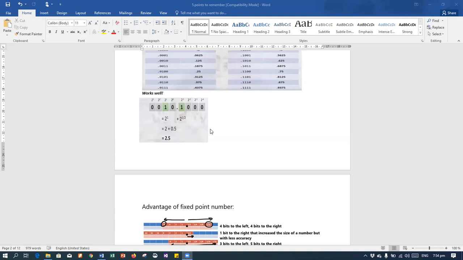This is the way of converting binary to denary, but with the fixed point decimal notation. You got it? This is the fixed point decimal notation because the decimal point is placed in the middle, not between the first two bits. Okay, that's fine. If it is being converted, then why are we going for floating point numbers? That is another big question that comes to your mind.